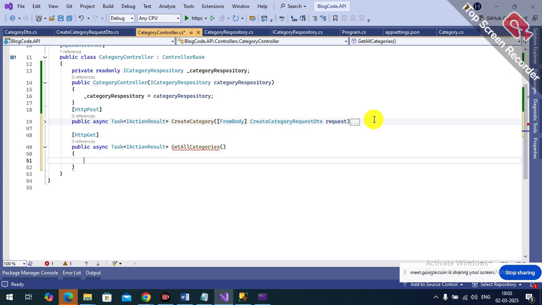So just what we will get, where categories from category dot getter, and we need to write